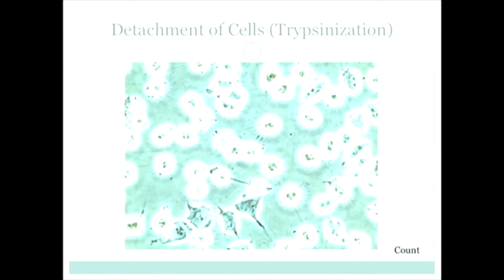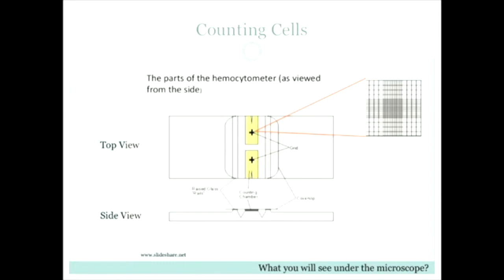Once you split your cell line, it's the right time to count cells and find out the viability of cells. To do that, you have a special device called a hemocytometer. A hemocytometer is made of glass and has 2 grids, on the top and bottom side, where you load your cells from the bottom and from the top. I don't know if I said it or not, but it's made of glass.